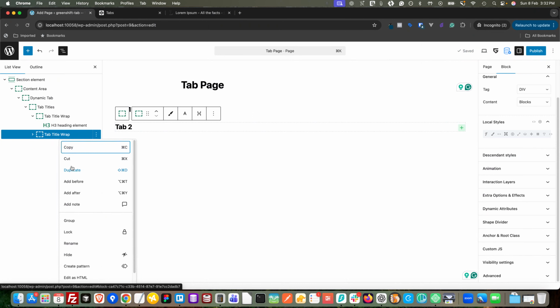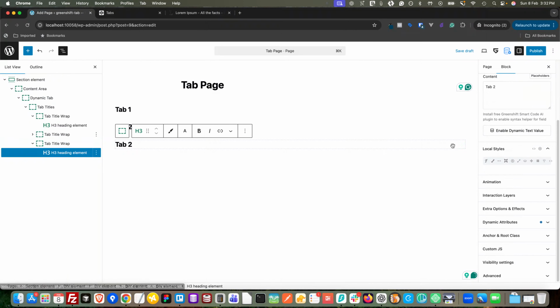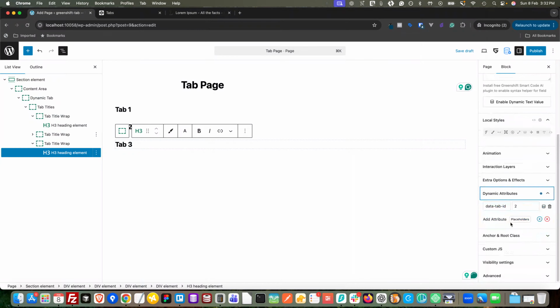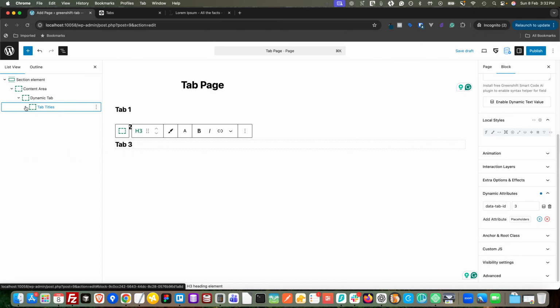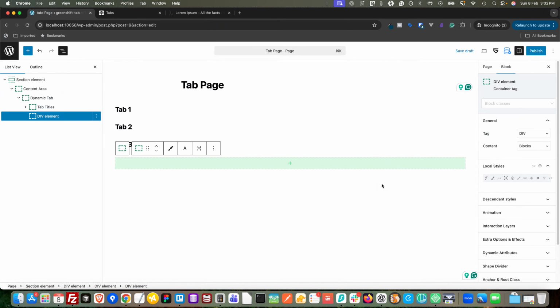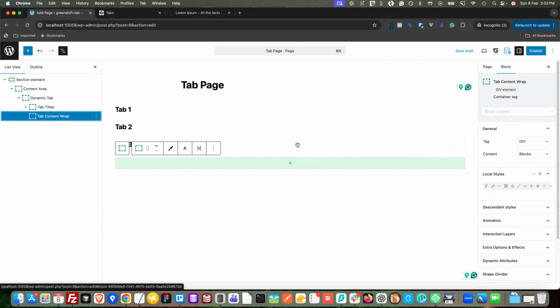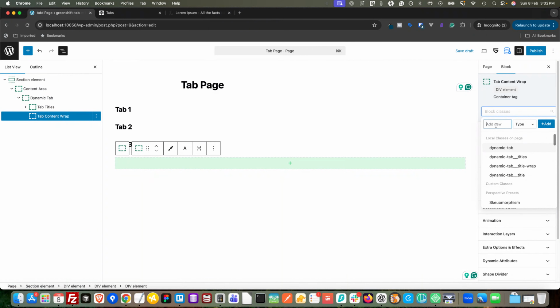Okay, let's create another tab also. And here, let's name this as tab 3 and make this tab ID 3. Okay. Now we have created the tab headings. Let us create a tab content. This will be a wrapper, tab content wrapper. So let us name this as a tab content wrapper, and it has a class dynamic